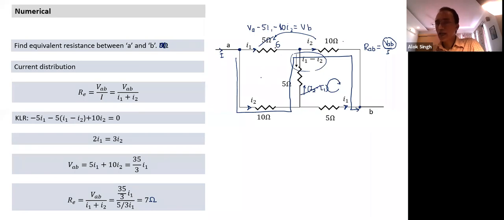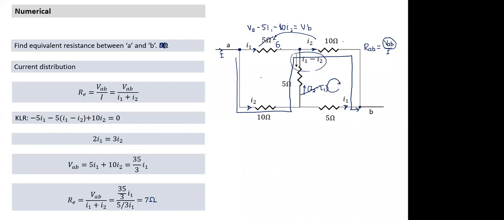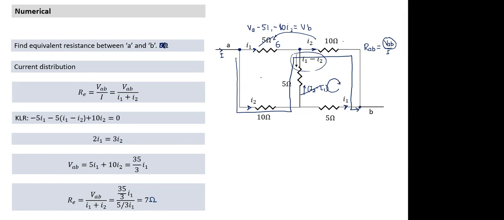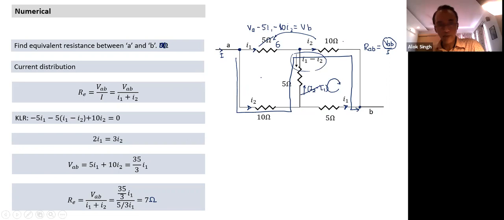If I increase any of the resistances in the circuit, the equivalent resistance between two points will increase, unless the current through that resistance was 0. Yes, it will always increase. Does it make sense? If I increase any resistance, the overall resistance will increase. Is that logical? Does it make intuitive sense? Yes, sir. So I'll use that logic only. Then let's see, can I arrive at something based on that?